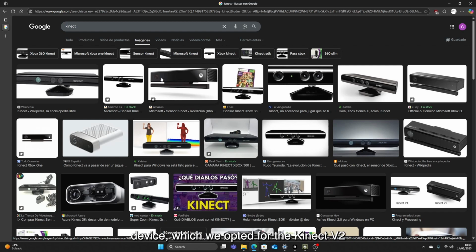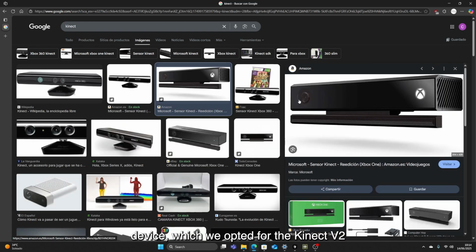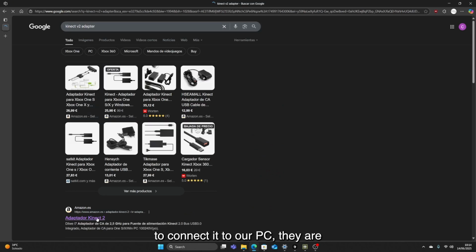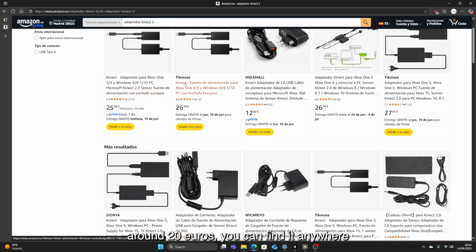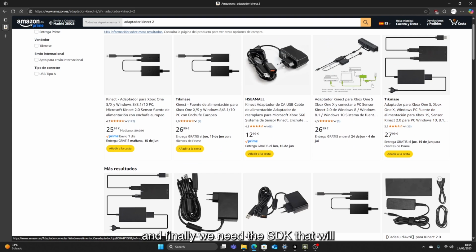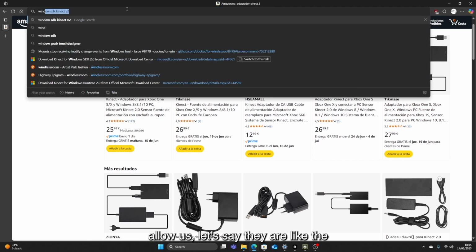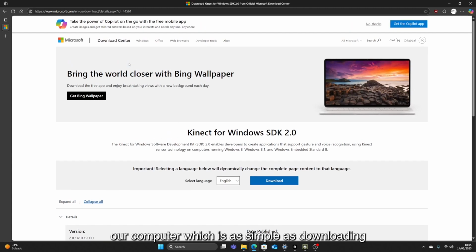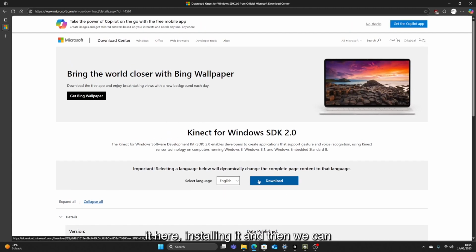thing we need is the device, which we opted for the Kinect V2 since the Kinect V1 has much less quality, and the Kinect Azure, which has been the latest version, is also discontinued and is a little more complicated to get. So once we have the Kinect V2, what we need is an adapter that allows us to connect it to our PC. They are around €20, you can find it anywhere, and finally we need the SDK that will allow us, let's say they are like the drivers, what allows the camera to connect to our computer, which is as simple as downloading it here, installing it, and then we can jump to TouchDesigner where we already have